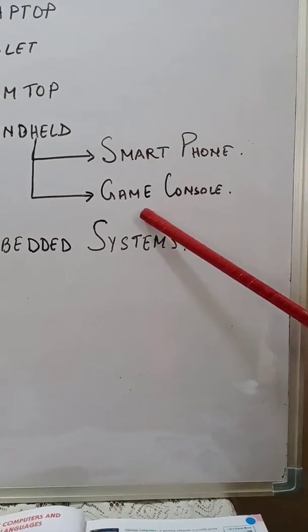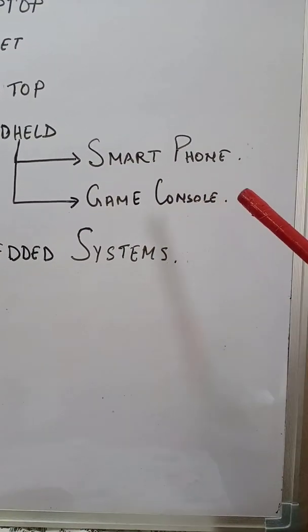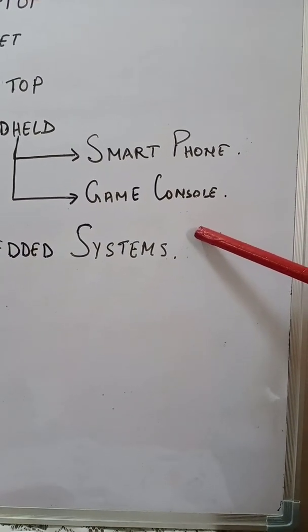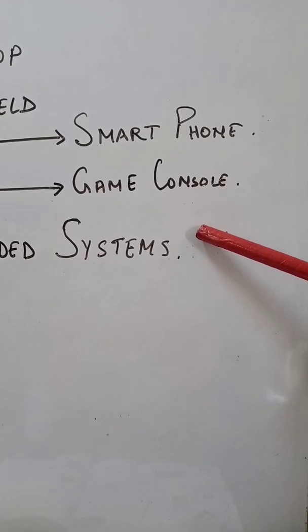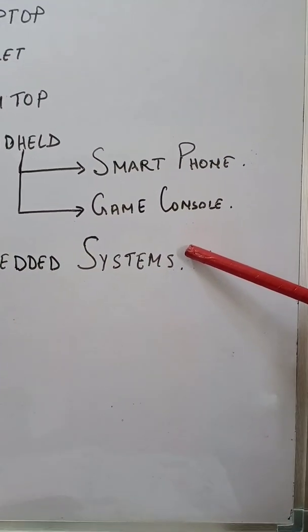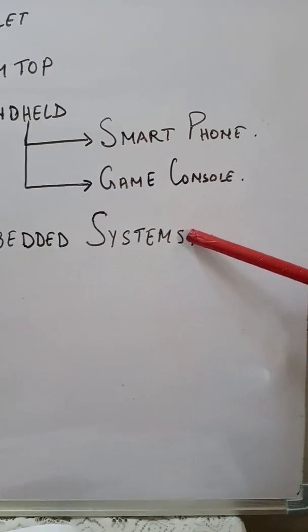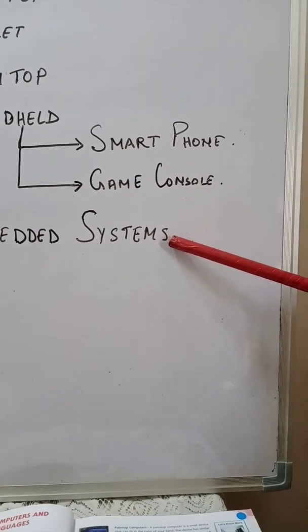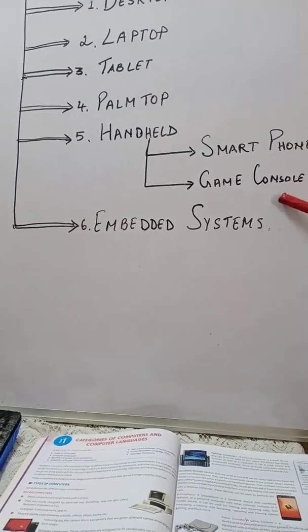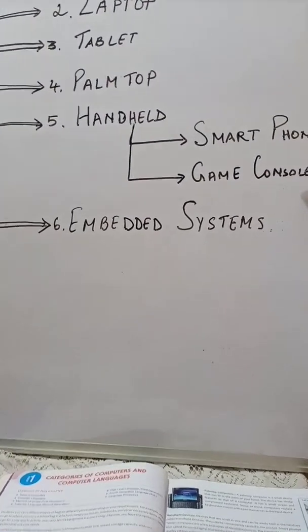Now when we talk about game console, what is it? Game console is used for playing interactive video games. We use a joystick to play games on the system. They are equipped with screen, game controls and speakers, like the Sony PlayStation, the best example I can give you. They come under game console devices.